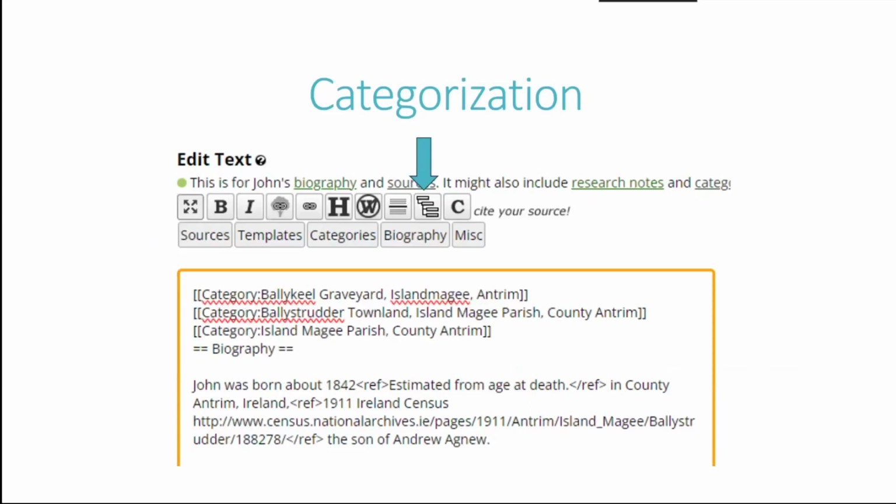Then there is the area of categorisation. What you can do in Wikitree is you can group profiles according to whatever you want. And in most situations, this is usually by location of birth or death, and we use it quite extensively in the DNA projects. So as John Agnew was part of our Alan McGee DNA project,